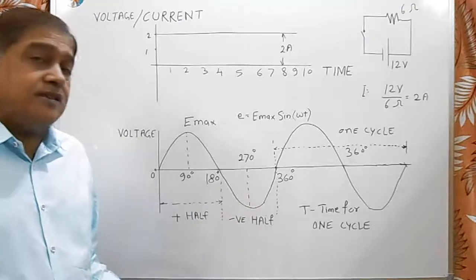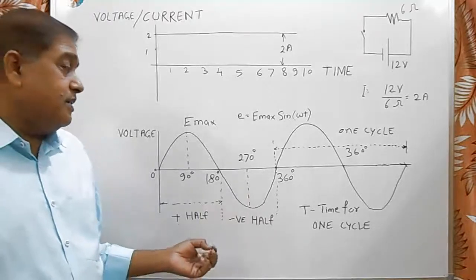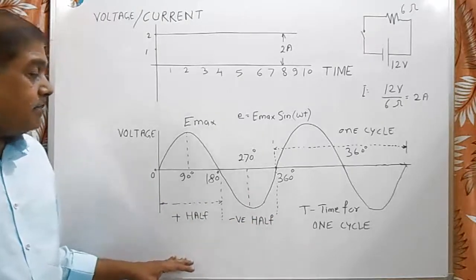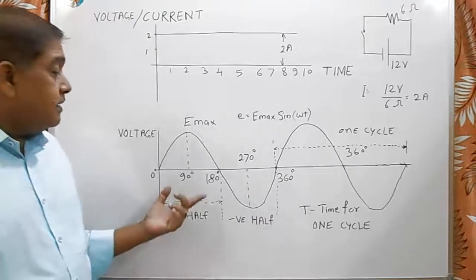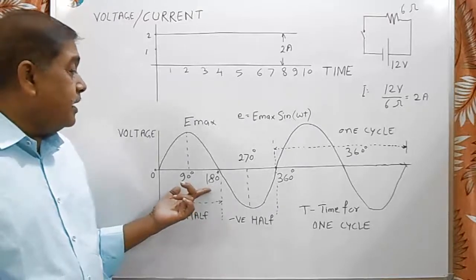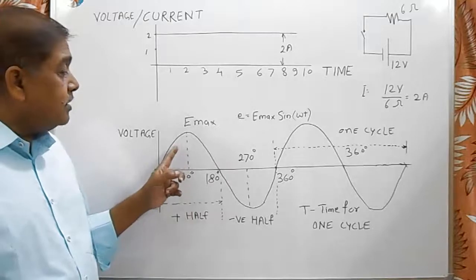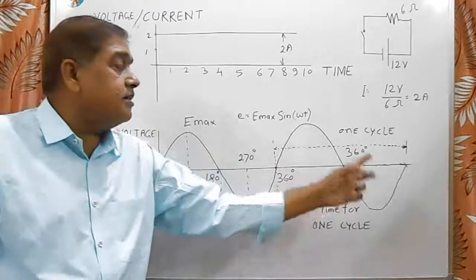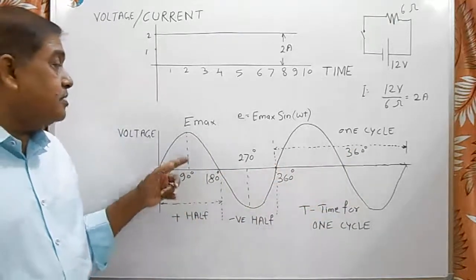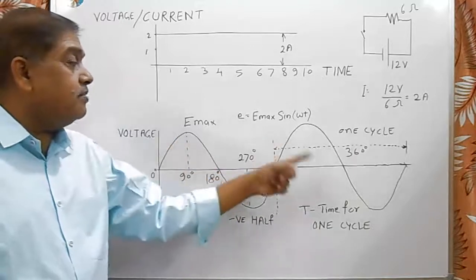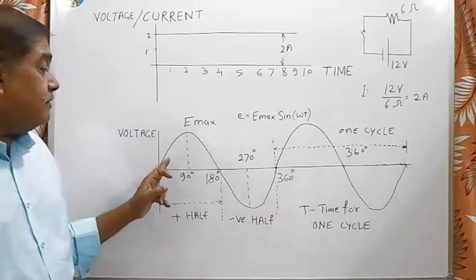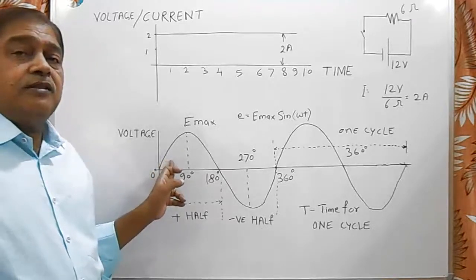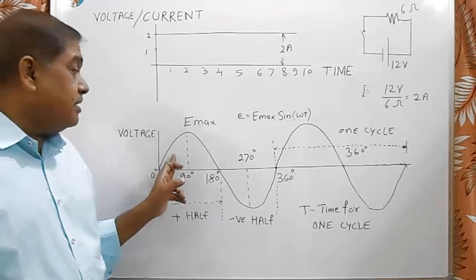So the frequency of the AC supply system is very important for finding out the time period and for calculating many parameters of an AC circuit. This is why it is alternating: one half is positive and the second half is negative, the third half is positive, the fourth half is negative. So it is known as alternating. Once positive, again negative, again positive, again negative, that is alternating current. When we apply this alternating voltage to any load, the current flowing is alternating current. So I think it is clear to you.